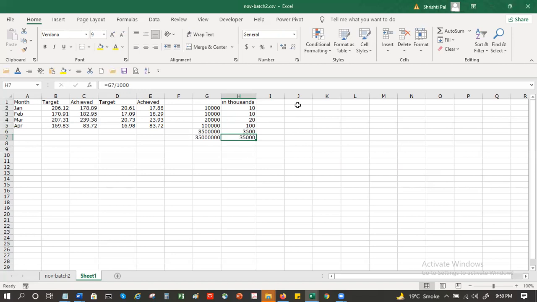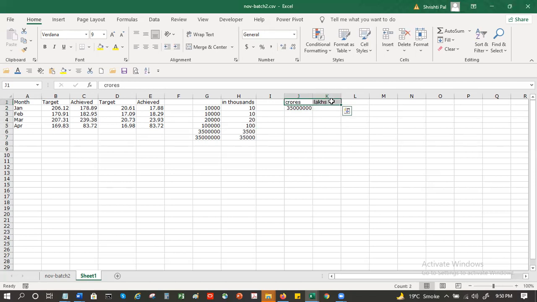Now, let's say you have it in crores. So same number, 350. I want it in crores, right? Now, this number, if I say in crore, this is the actual number, right?